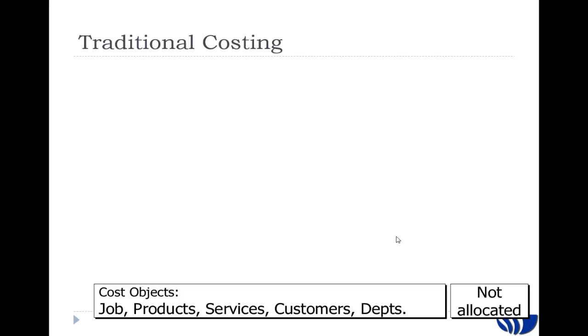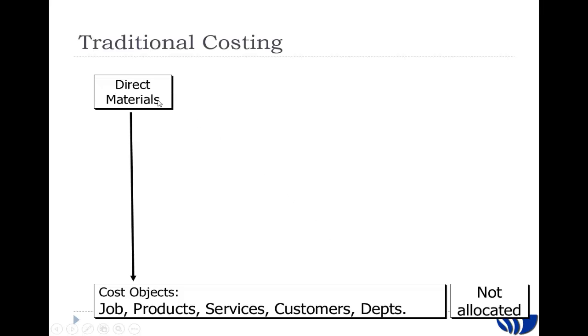Let me give you a conceptual overview. The traditional costing method says our cost objects, again, are the objects that we're trying to estimate the cost of. It could be the job, it could be a product line, it could be a service, it could be a particular customer, a group of customers, it could be a department. And so traditionally what we do is we take the direct costs, those are easy to assign,